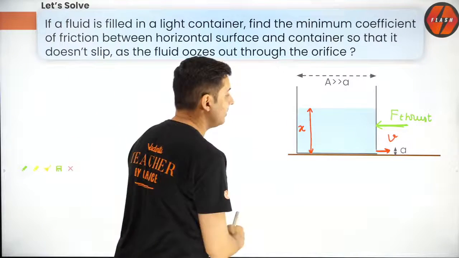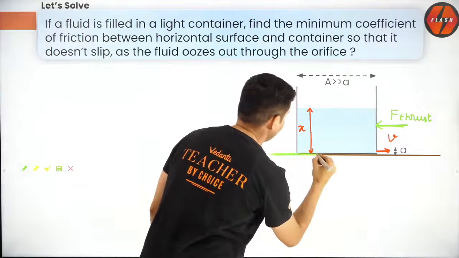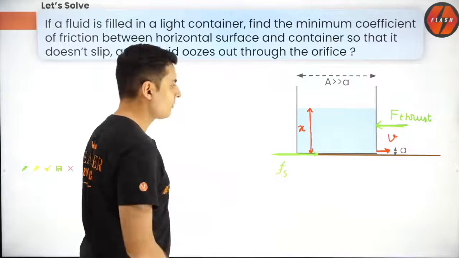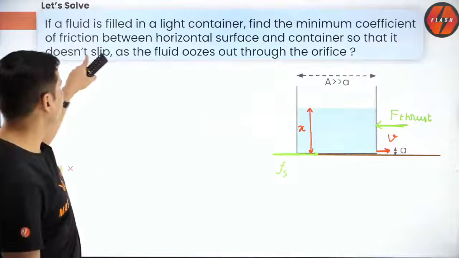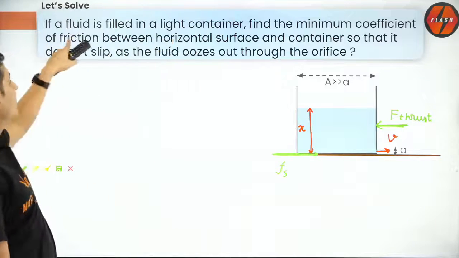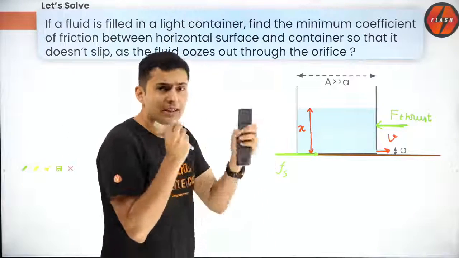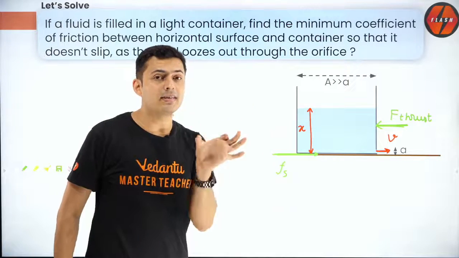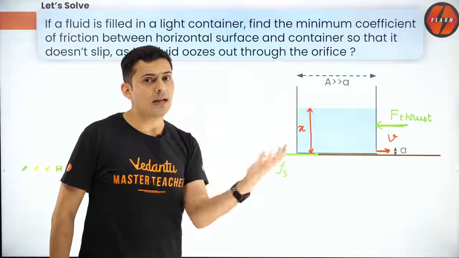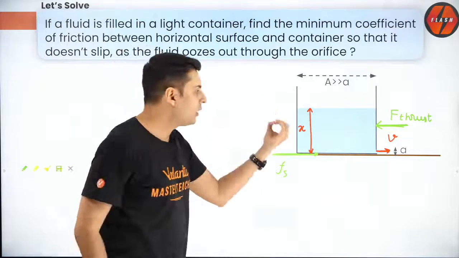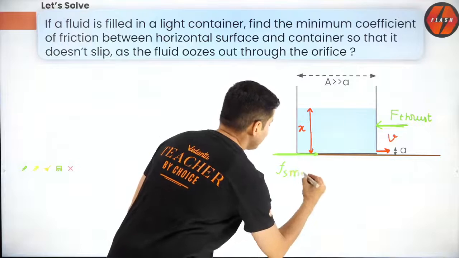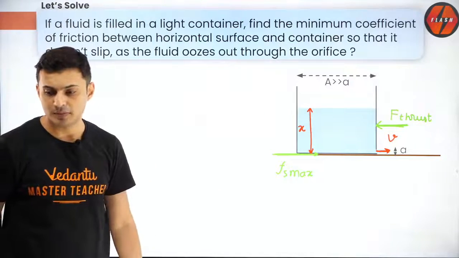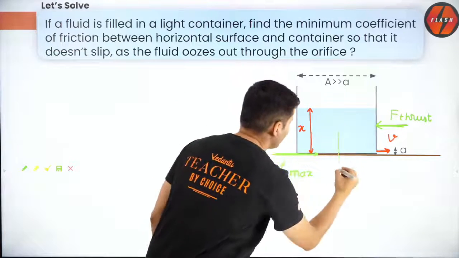And who will balance the thrust force? Obviously there is only one thing which can balance it, and that is static friction. But since the question demands us to find the minimum coefficient of friction, that means the friction has been barely adjusted such that it is on the limiting side. Anything less than that value, the container is going to slip. So for finding the limiting value, I will make this as Fs max, because I want to find the least coefficient of friction. Now the other forces are mg